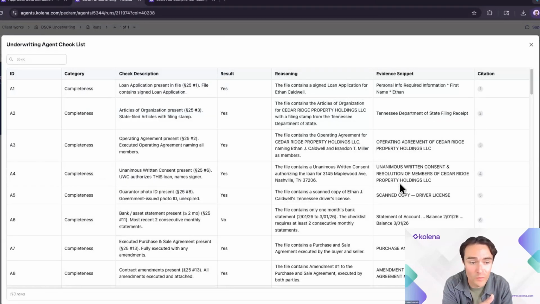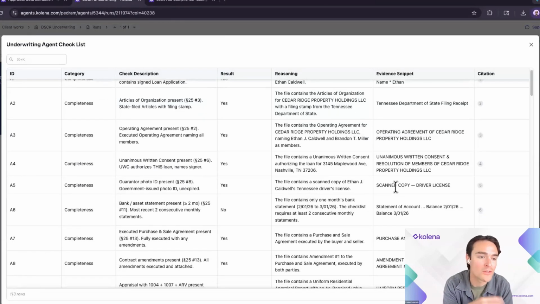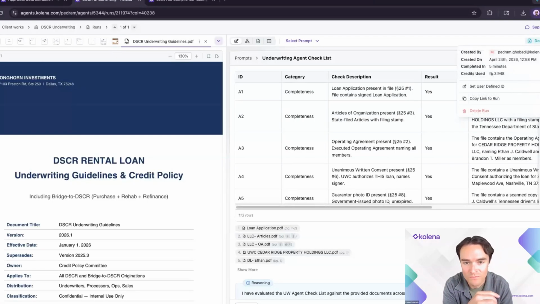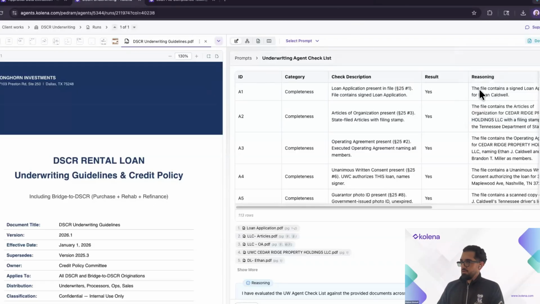That's a lot of work. It would probably take a couple of hours just to do the checks, and that's even before putting your reasoning and evidence in there. So the question I always ask: how long did this one take for your 113 checks plus summarization? 5 minutes. I'm proud it's 5 minutes. Yes. For this whole loan package, we're looking at maybe 300 to 400 pages worth of